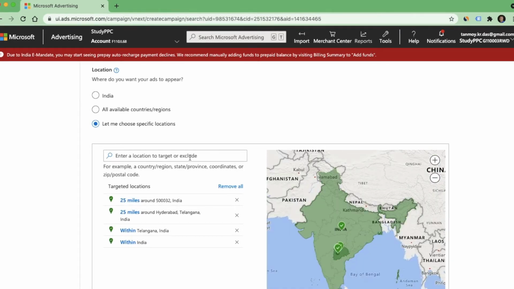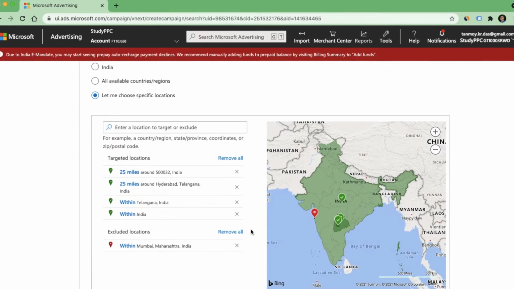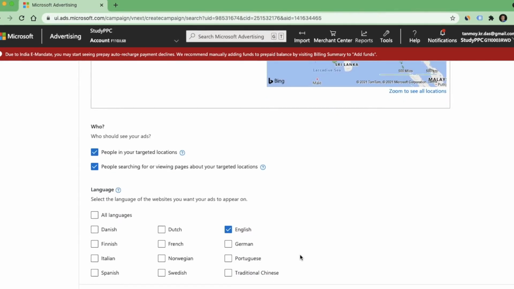and you can target. If you want to go ahead and don't want to show your ads in a particular region, you can also add that and exclude in this specific manner. Next, what we have is you can also do the targetings based on location options, which is basically showing ads to people in your targeted location or people who are searching for your location. So you can choose those from here. You can define your language targeting as well. So from here you have all the options of the languages and then you can select that. Next, we can save this.